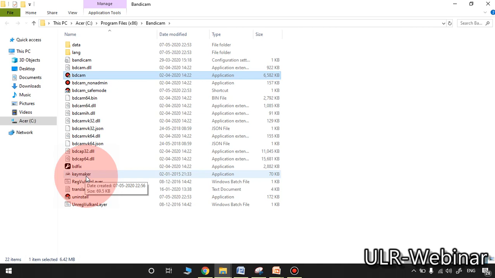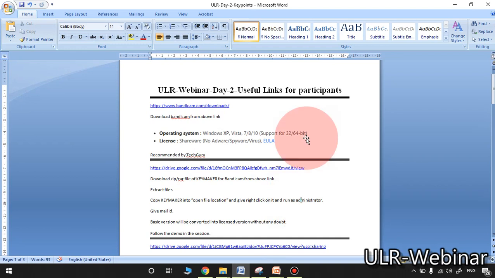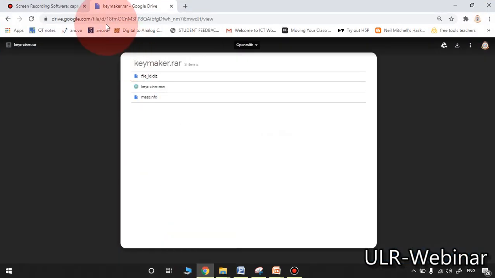One more time, I am explaining the steps. We provided a sheet in which all the possible links are there. Go to this particular link. Whenever you are going to that link, this particular thing will appear to you. Click here, download button is there, download arrow button is there.